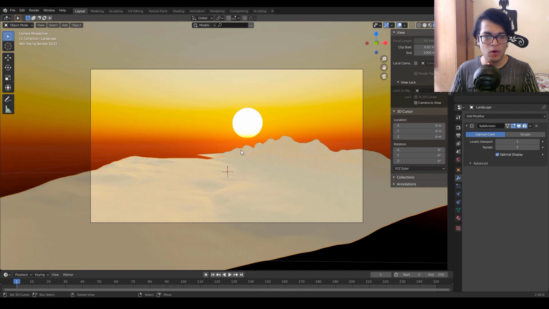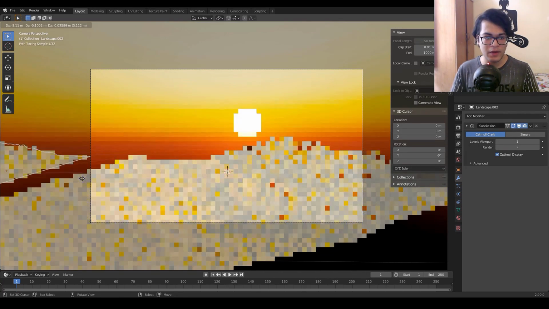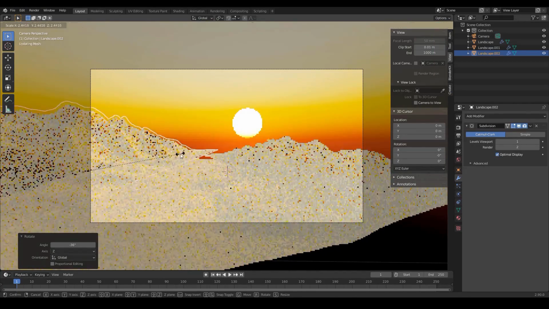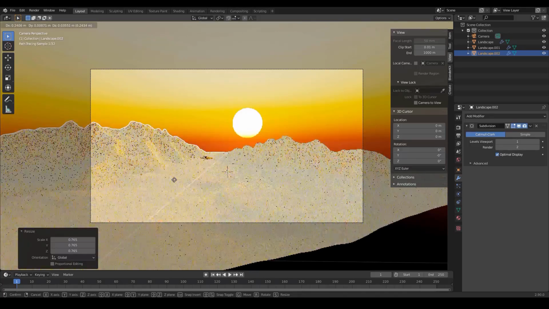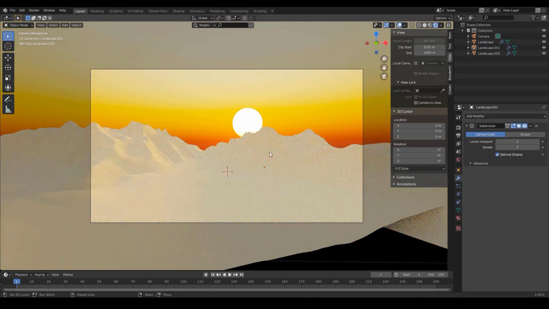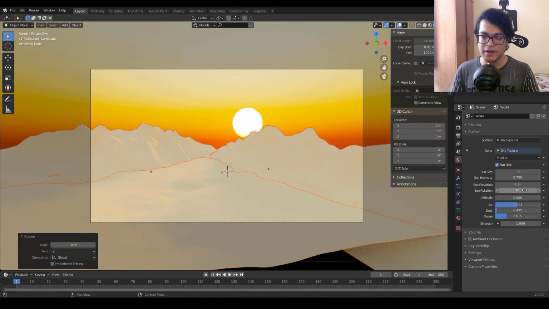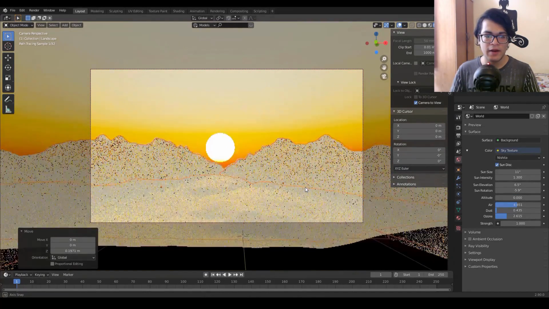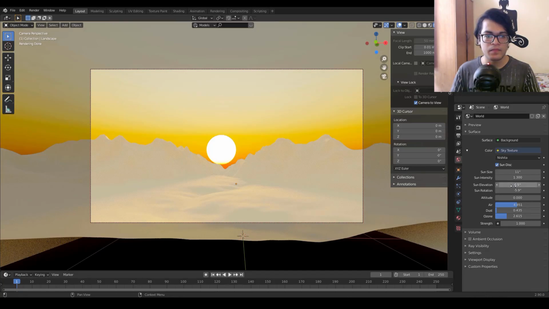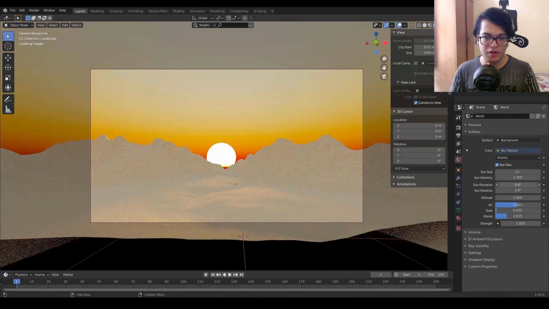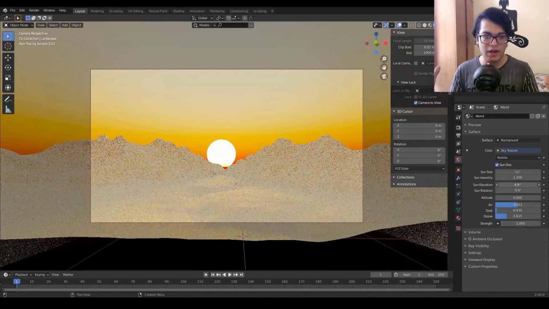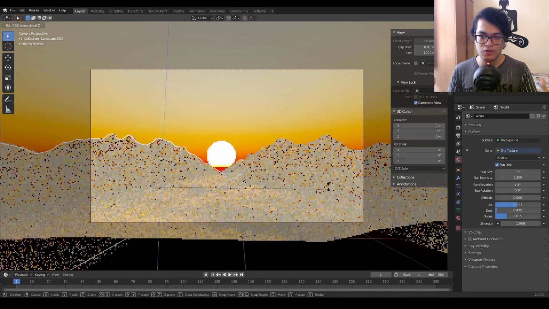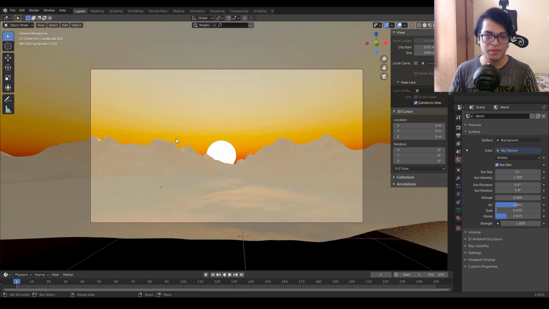Now it's time to add one more mountain range. So Shift D to duplicate and G to move it to the left. Now we are going to go in the world settings and I am going to rotate the sun and move the landscape up, and again positioning the camera. Maybe change the sun elevation, and as you can see, you can simulate the sunset and sunrise with this. So you can animate these sky values and you can create your own animations.